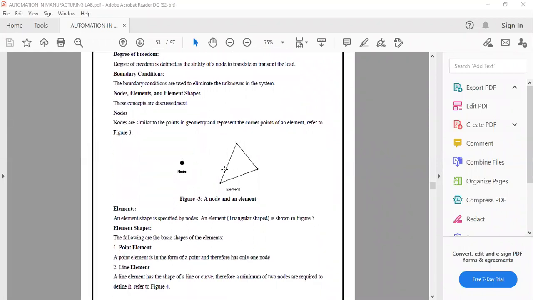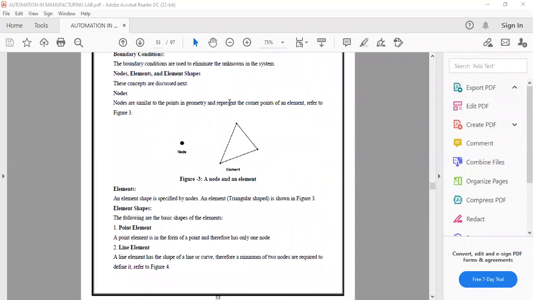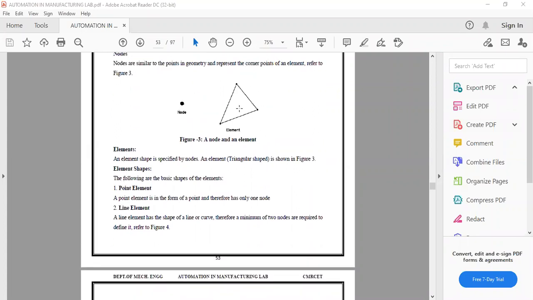Nodes, elements, and element shapes. Nodes, as I said, are the corner points of each element. The nodes are the points where elements join each other. This is how forces from this element go on to the next through these nodes. Elements are specified by nodes; nodes make up the element.